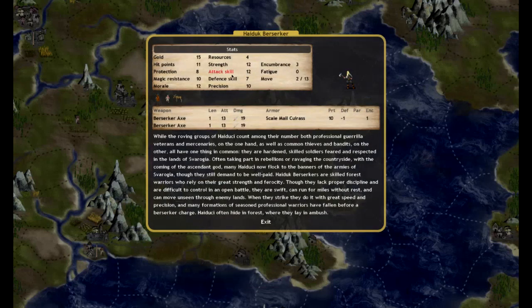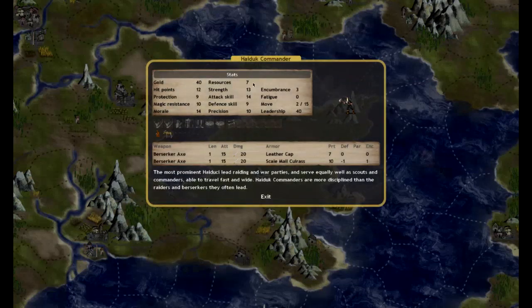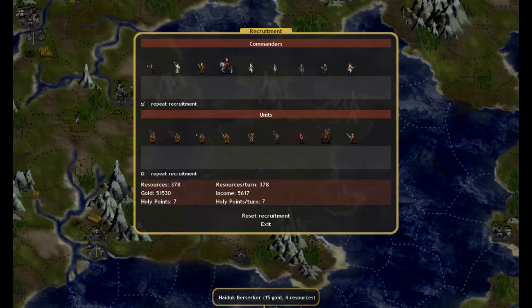And then you have the Hajduk Berserkers, which obviously, berserk are also stealthy for survival. And as you can see, have pretty good stats and 2 Berserker axes. So they are the troop version of the Hajduk Commander. What I did when I created my Hajduk forces is I had these guys stand in the front in a line with these guys on the side